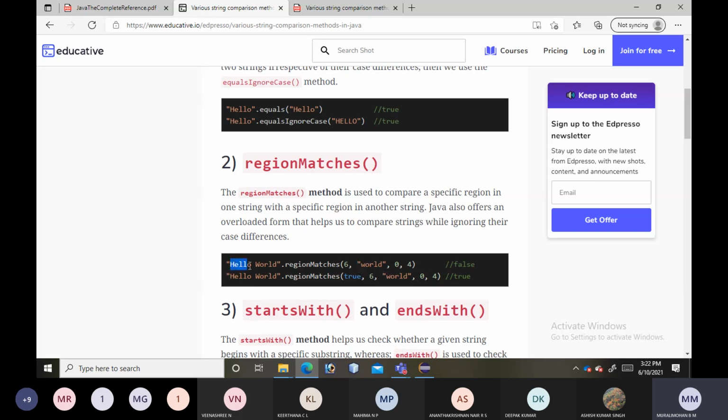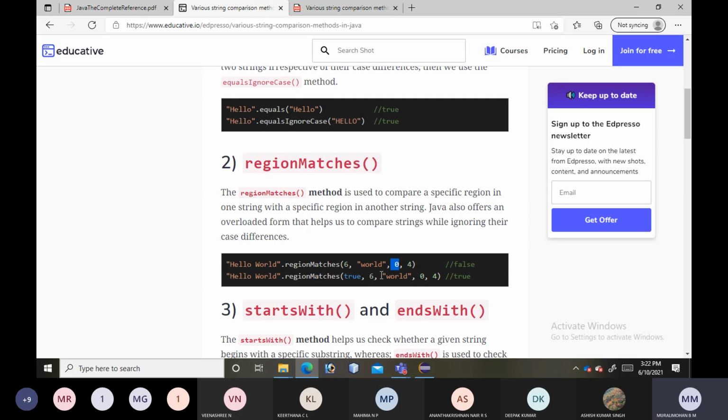This is string 1 dot regionMatches, from where it should start in string 1, and this is string 2 and from where it should start in string 2. So from the sixth position it should start matching the characters, and in string 2 from the zeroth index position it should start, and the number of characters is 4.